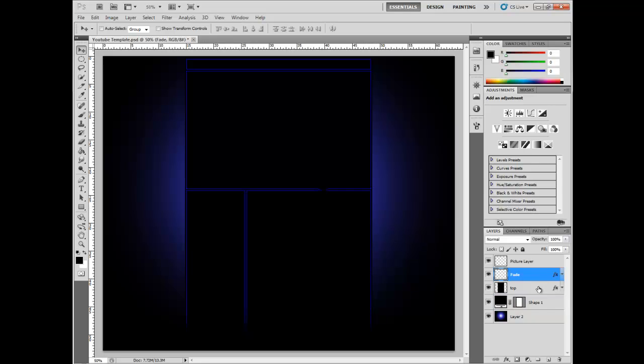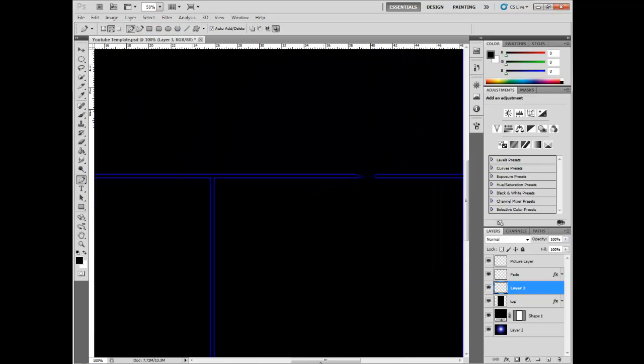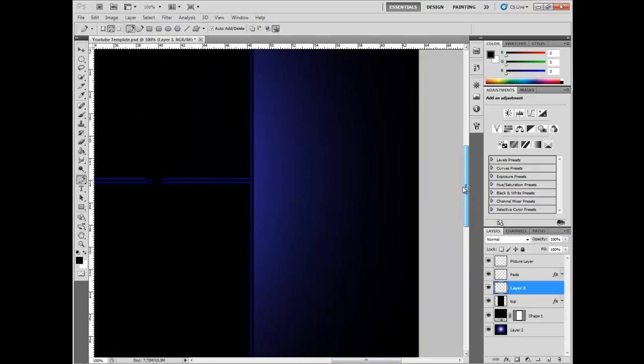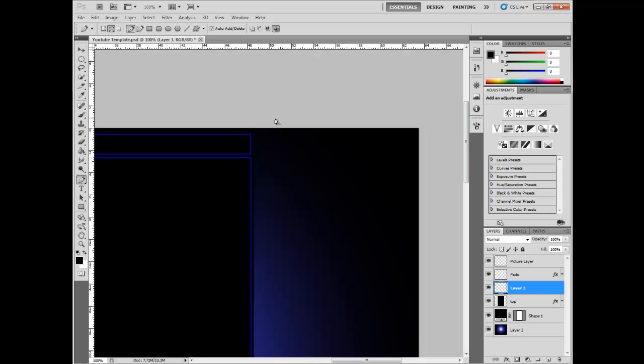Alright, so now what you want to do is click on top and create a new layer above that, and now you want to just get your pen tool, and you might want to zoom in to 100% on this, and you want to click about here. What we're going to be making is the... I forgot what it's called anyway. But yeah, so you want to click there, hold shift